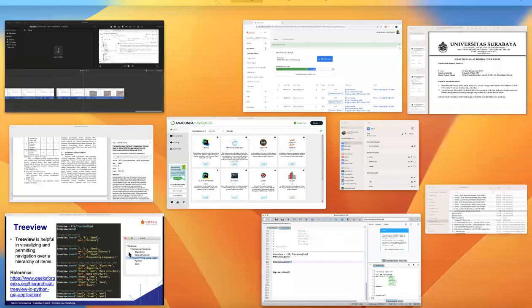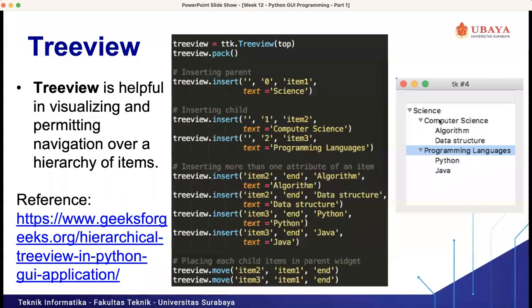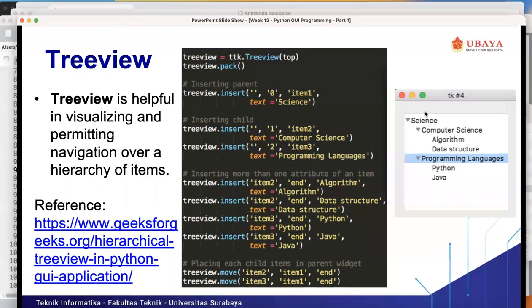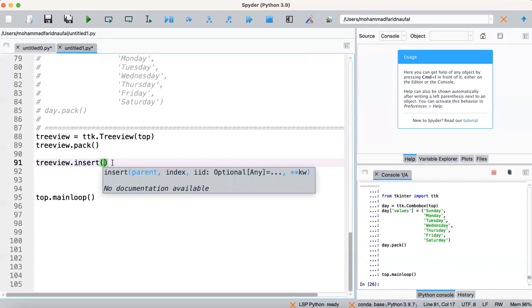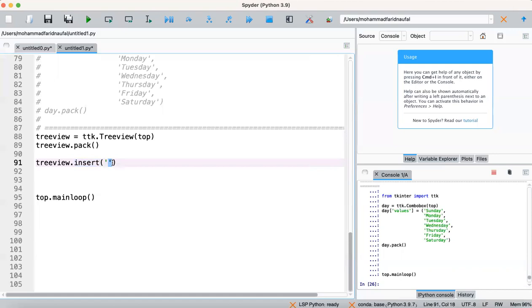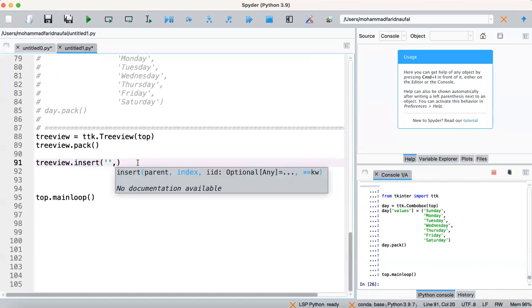Because we will create the science item first, science is the main tree in our tree view. So we put it into our top main window, and we don't need to add the first argument. We can just leave it blank. Then 0, then item 1.